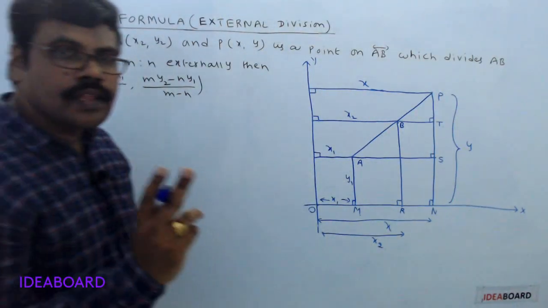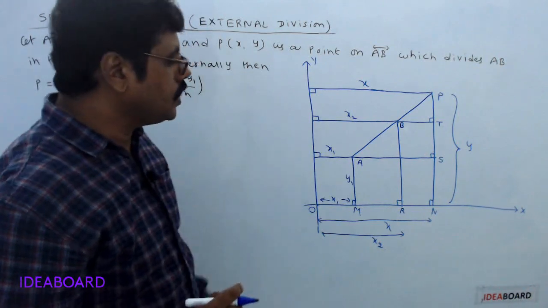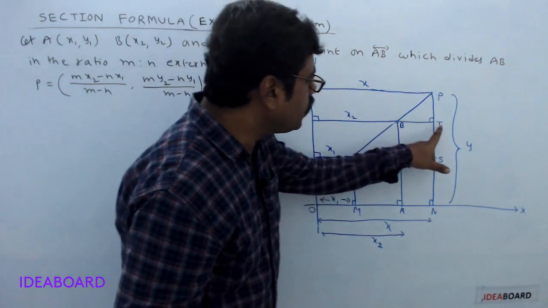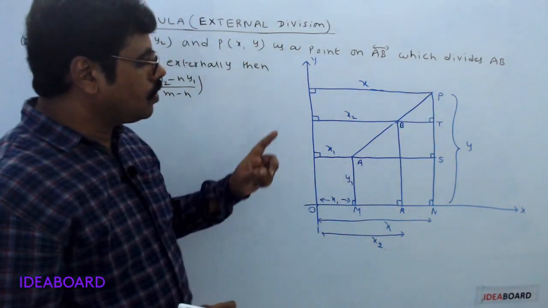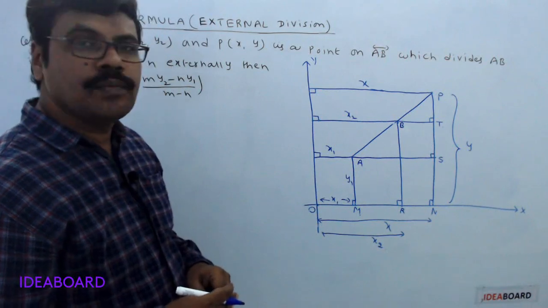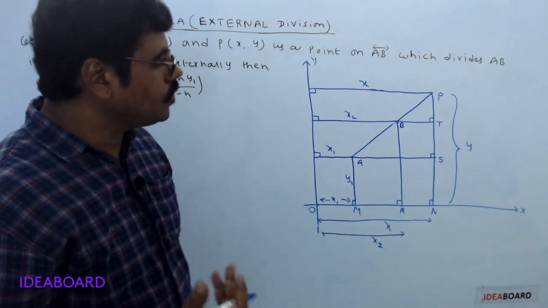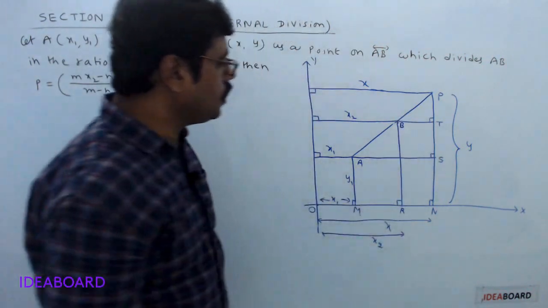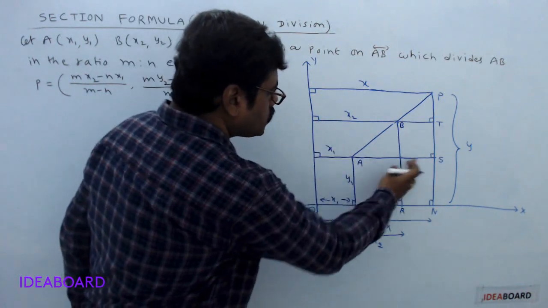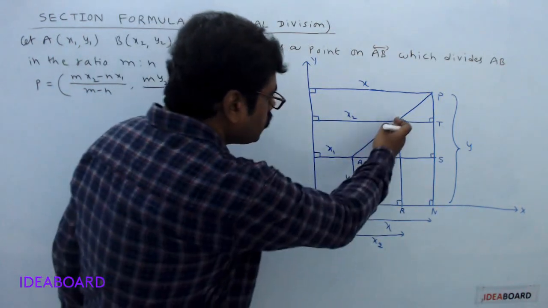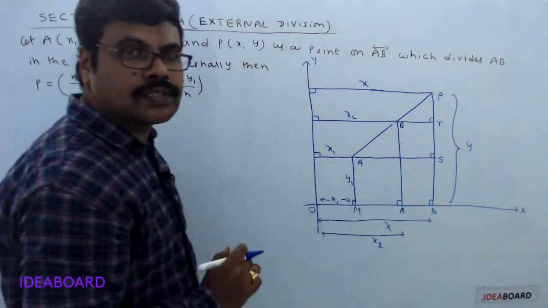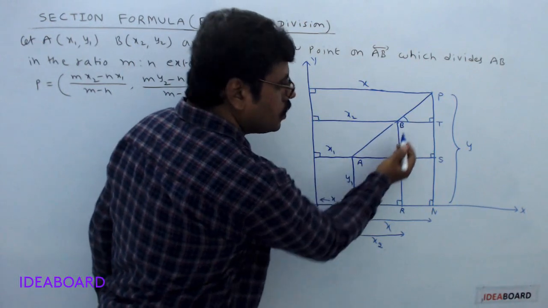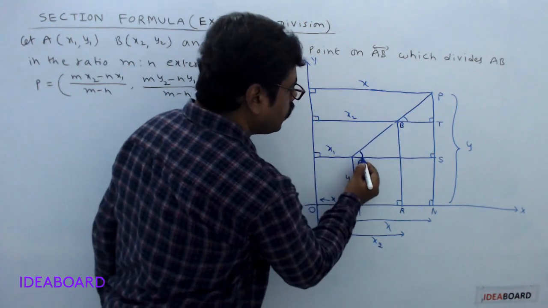Now in this diagram there are two triangles. The first triangle is ASP. The second triangle is BTP. Now are these two triangles similar triangles? Now we will verify. Here this angle and this angle are equal. This line and this line are parallel, so this line acts as a transversal. In a transversal, corresponding angles are equal. So this angle and this angle are equal.